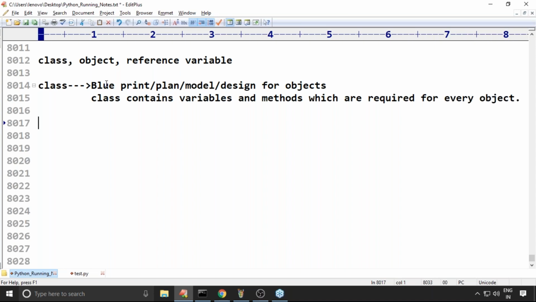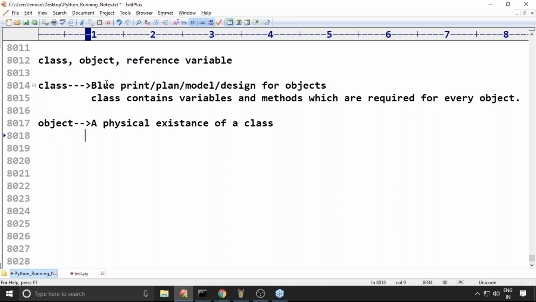Sir, what is an object? The physical existence of a class itself is an object. Once we have the class, how many objects can we create?